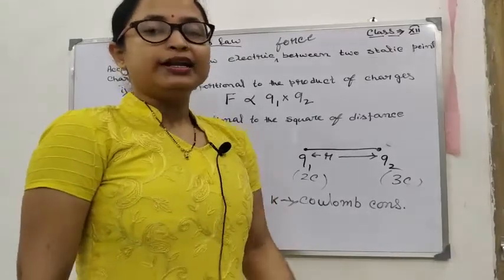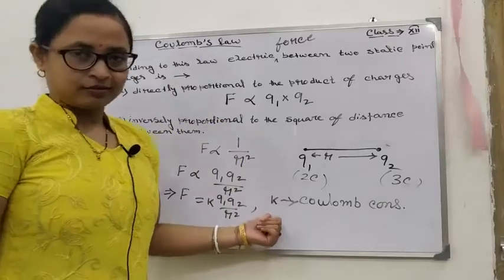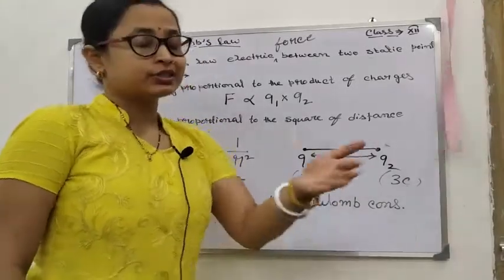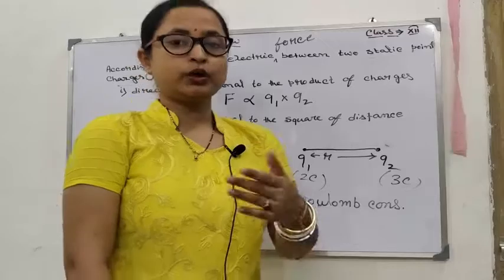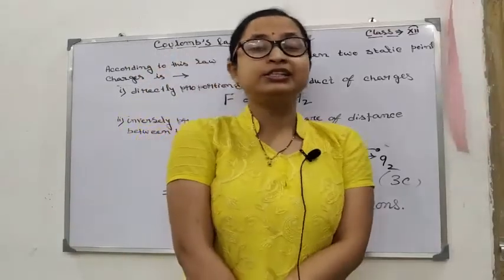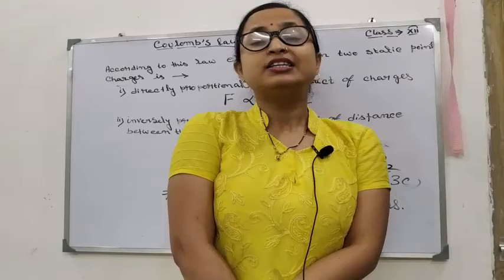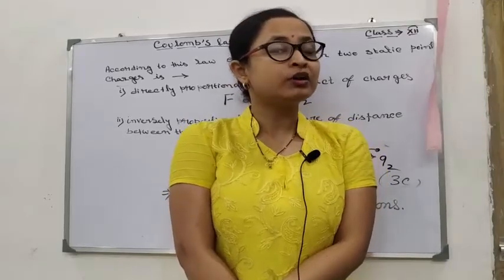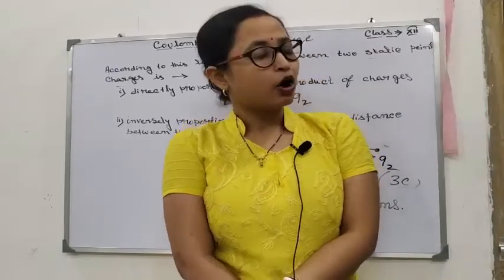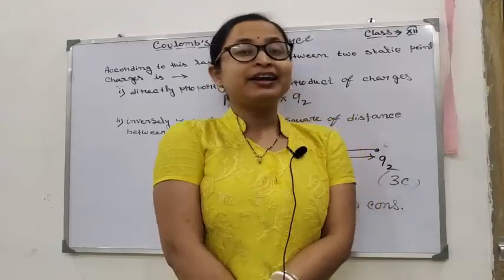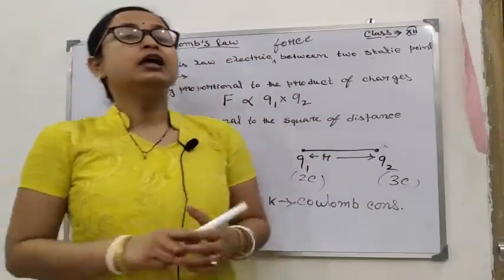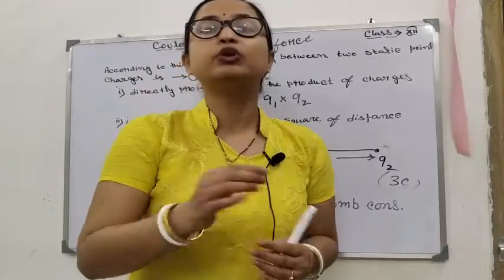Okay, now let us learn about K. What is the Coulomb constant, what is its value? Just like the universal gravitational constant you have learned, na? There is the universal gravitational constant, capital G. That means G has the same value all over the universe. Its value is always the same for every object, but in case of K, it is not the same for every object. It is constant for a particular medium.